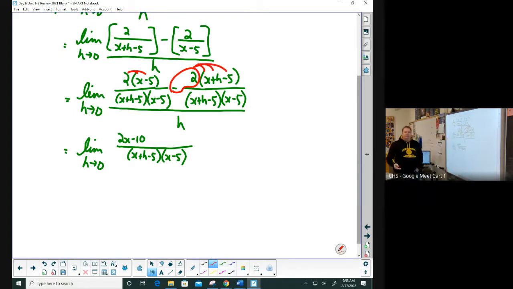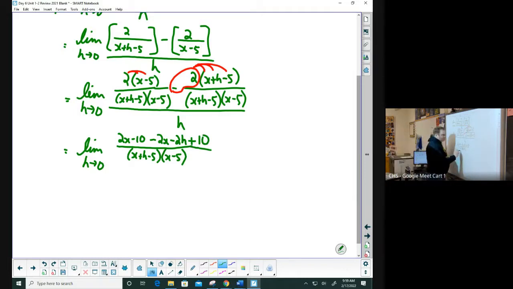Technically it's subtract and then you rainbow 2, but later you're going to bring the negative in as well, so you might as well bring the negative in now. So by rainbowing a negative 2, I end up with minus 2x minus 2h plus 10, because it's a negative times a negative 5,